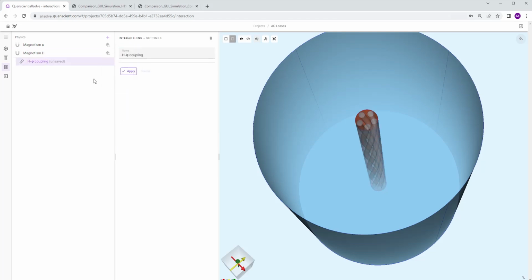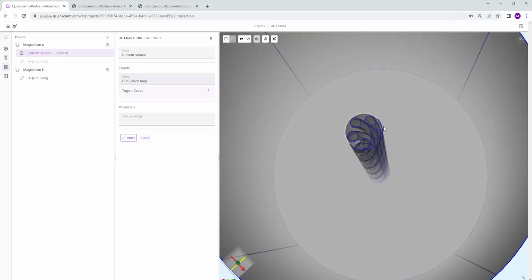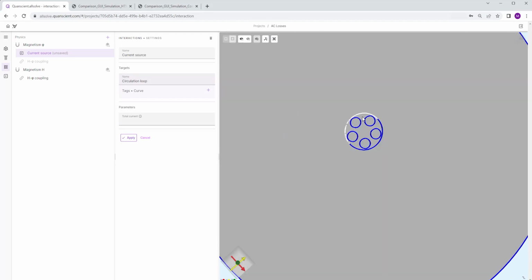We're going to couple those two and we're going to set our current source on the curves that are surrounding the copper. So that curve, we also see the direction, and the amplitude is going to be 80% of our critical current, and it's going to be sinusoidal with the already defined frequency.